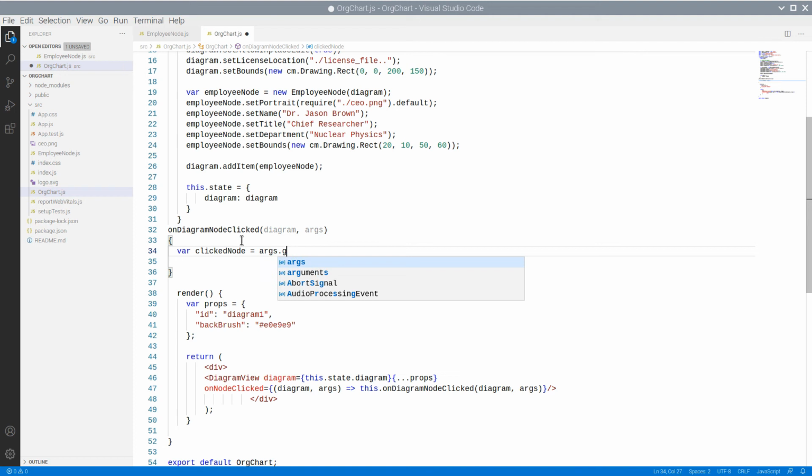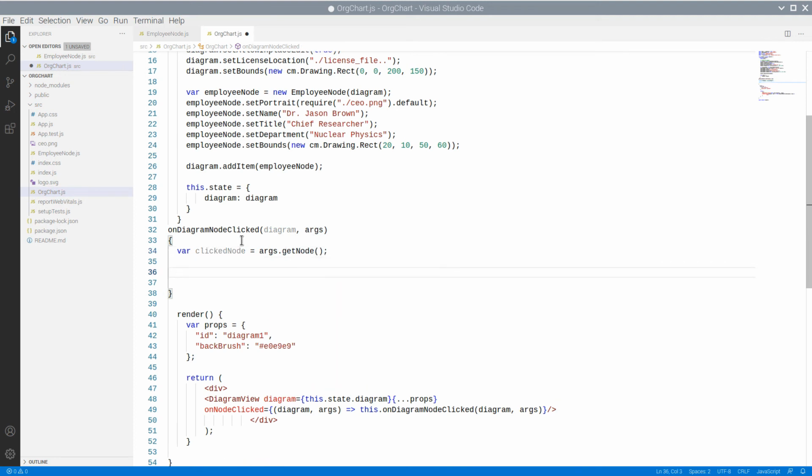In the onDiagramNodeClicked method, we first get the clicked node from the event arguments. Then we check if this is a composite node at all, e.g., if it has the named components member.